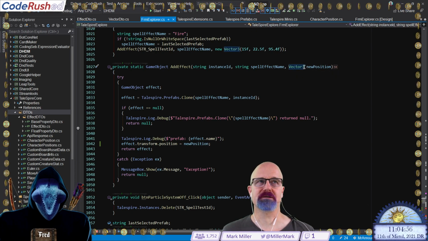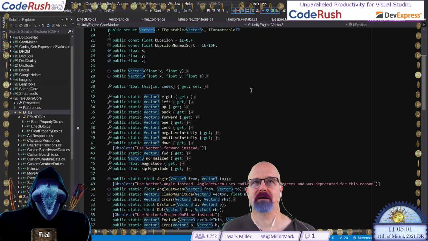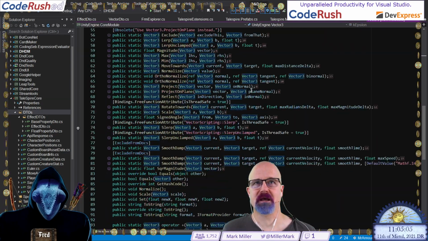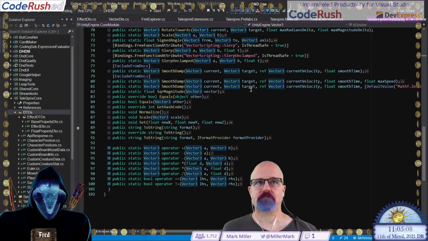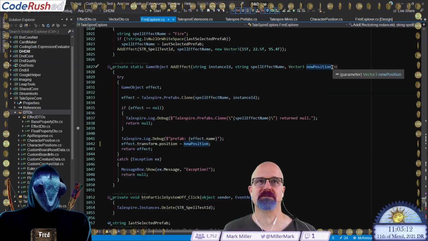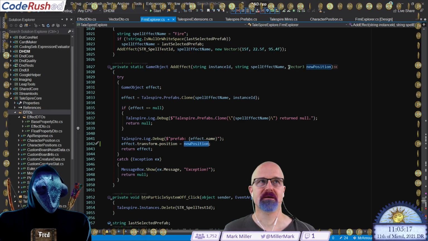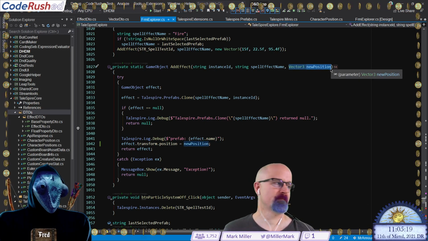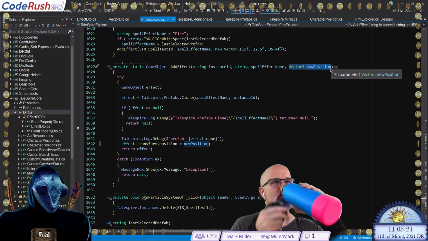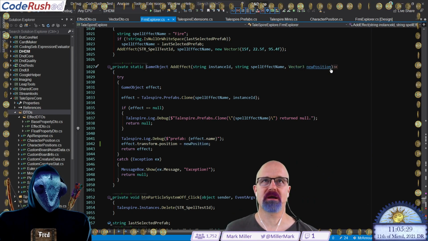Just totally as an aside, I hate that Vector3 doesn't have a kind of empty version of itself that I could set to. I'd love to make this a default parameter so that it's optional and only if it's specified do we send something in. But to do that it couldn't be a struct, could it? It'd have to be a class. And I can't do that. So I'm going to take this out. Am I only calling it from one place?